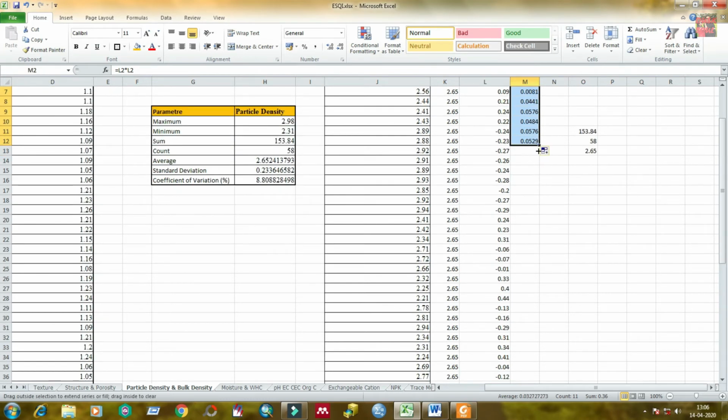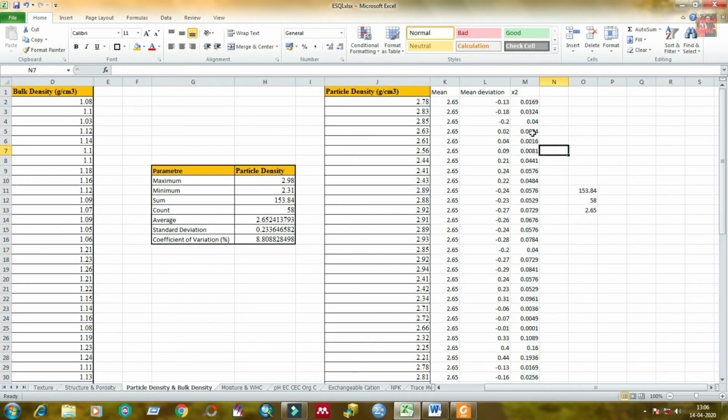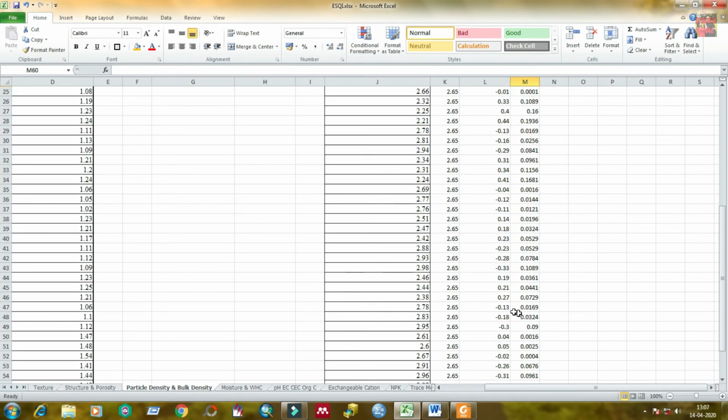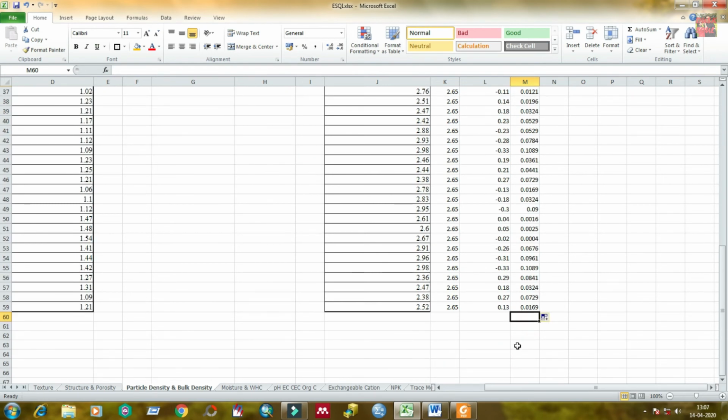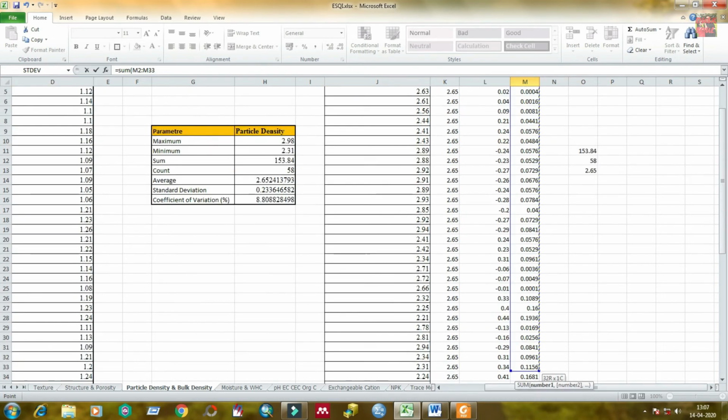Now it's time to calculate the summation of x square. Type sum, then select all the data of x square and press enter.